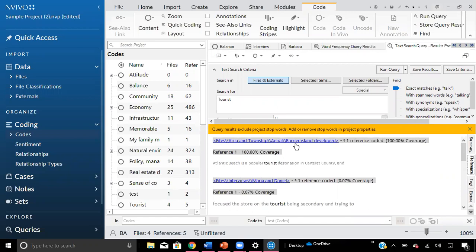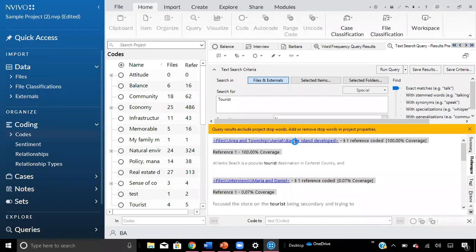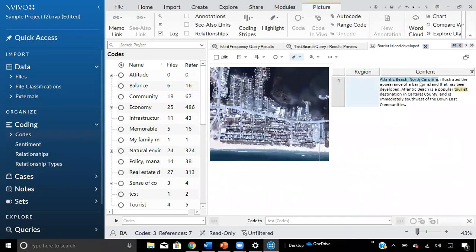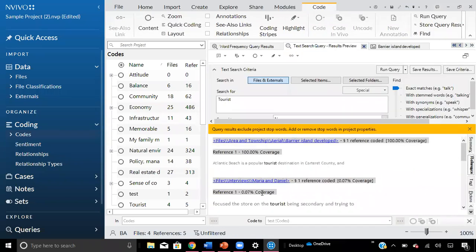And if you click on the blue link, that will actually pull up the file and you will be able to read the reference in context with the individual file it was used in. It'll pull open in a new tab right here. So that's pretty useful for figuring out how a word was used in your data.